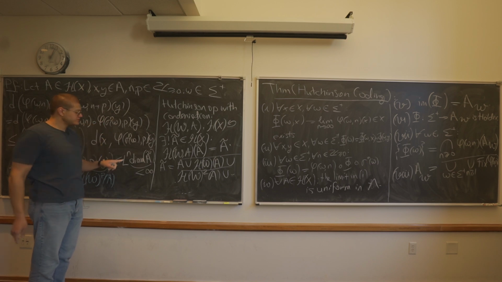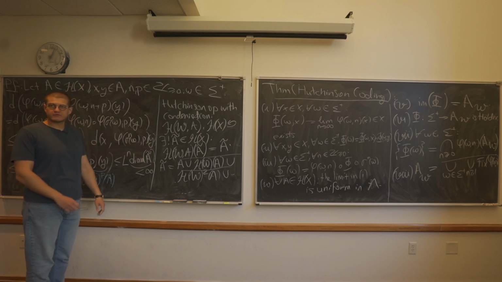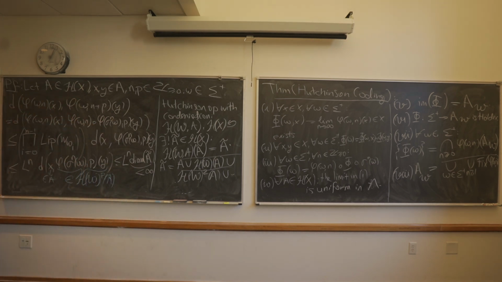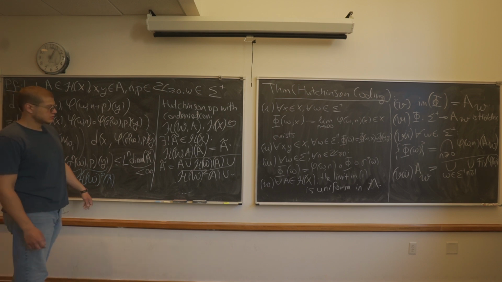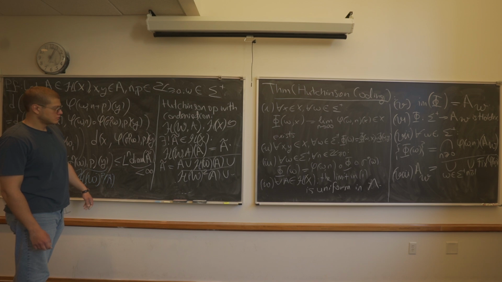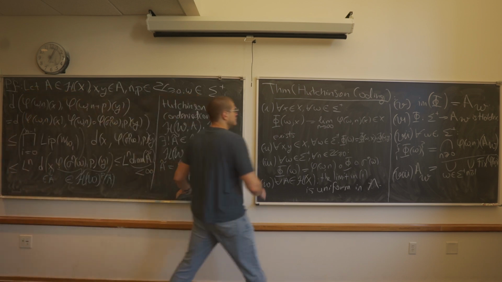So ultimately, I was able to bound the distance between this and that point by something that depends on n, that decays exponentially with n, that doesn't depend on anything else. Yes? The argument made sense to me. I'm just confused about the A tilde equals. Why are the arguments of the Hutchinson operators A's and not A tildes? They're on the line above. Oh yeah, I mean, okay.